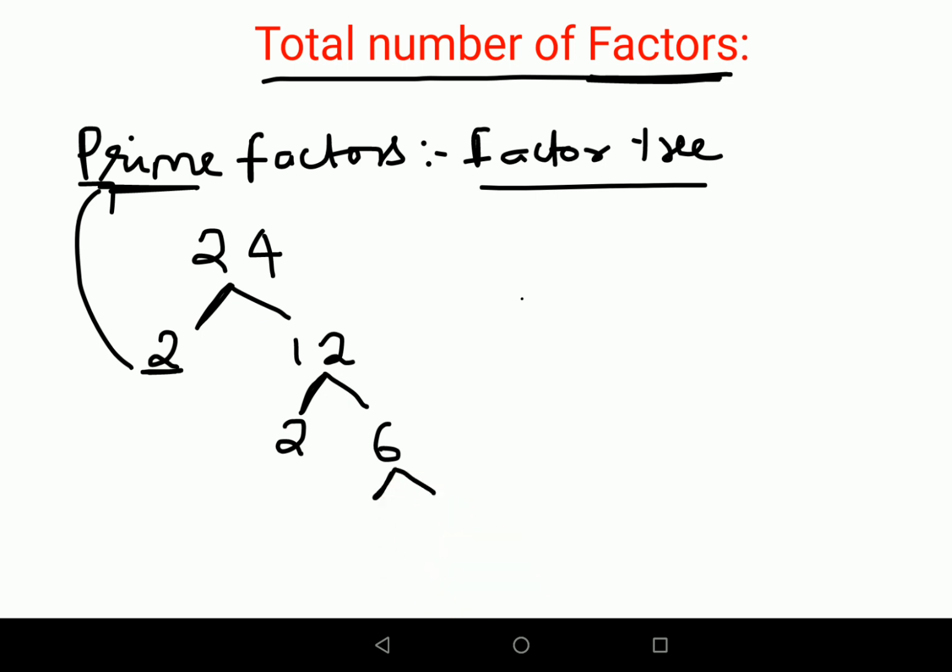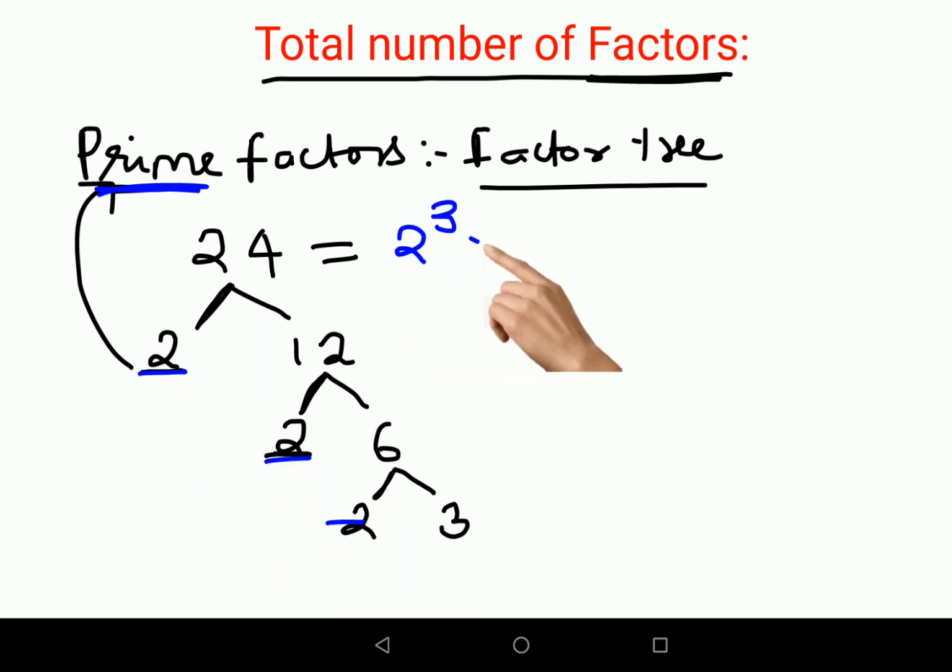Again, we are not going to factor this 2 further. Now 6 can be written as 2 and 3, since 2 into 3 gets you 6. So the prime factors of 24 are 2 and 3. I'll say 2 raised to 3 into just this single 3, so I can say